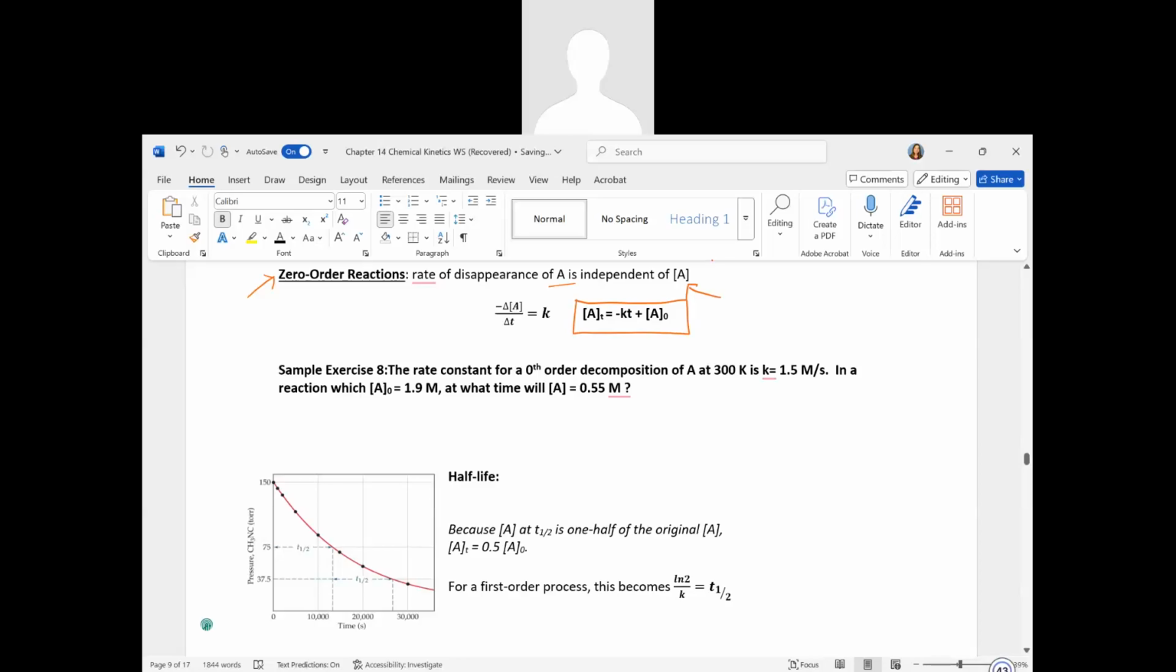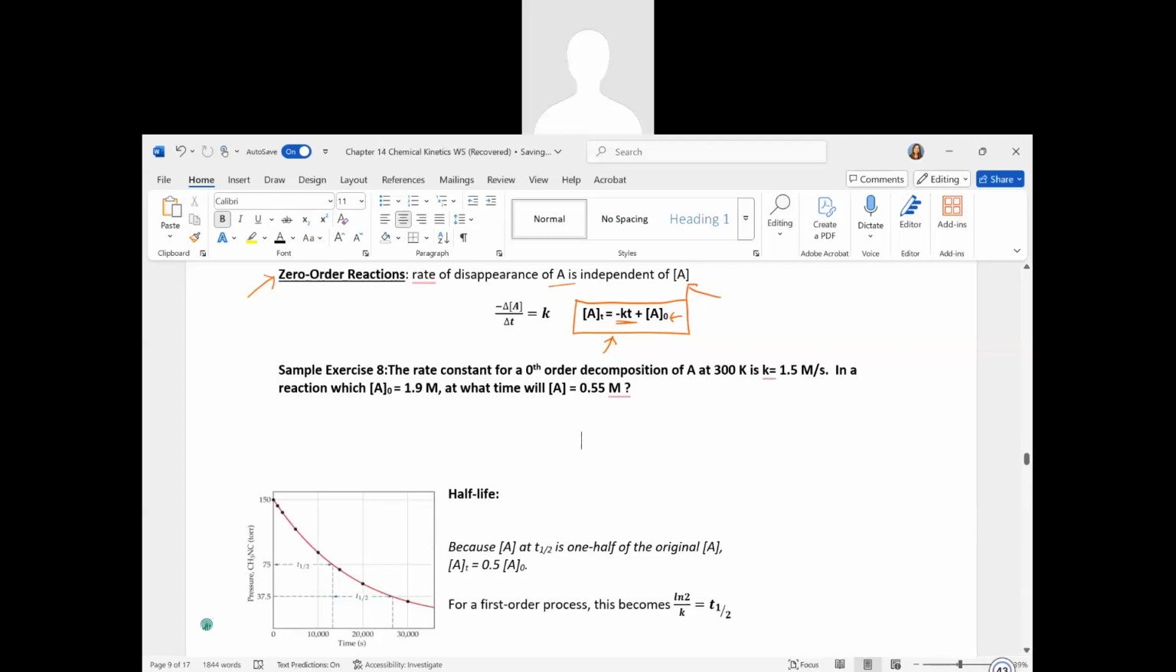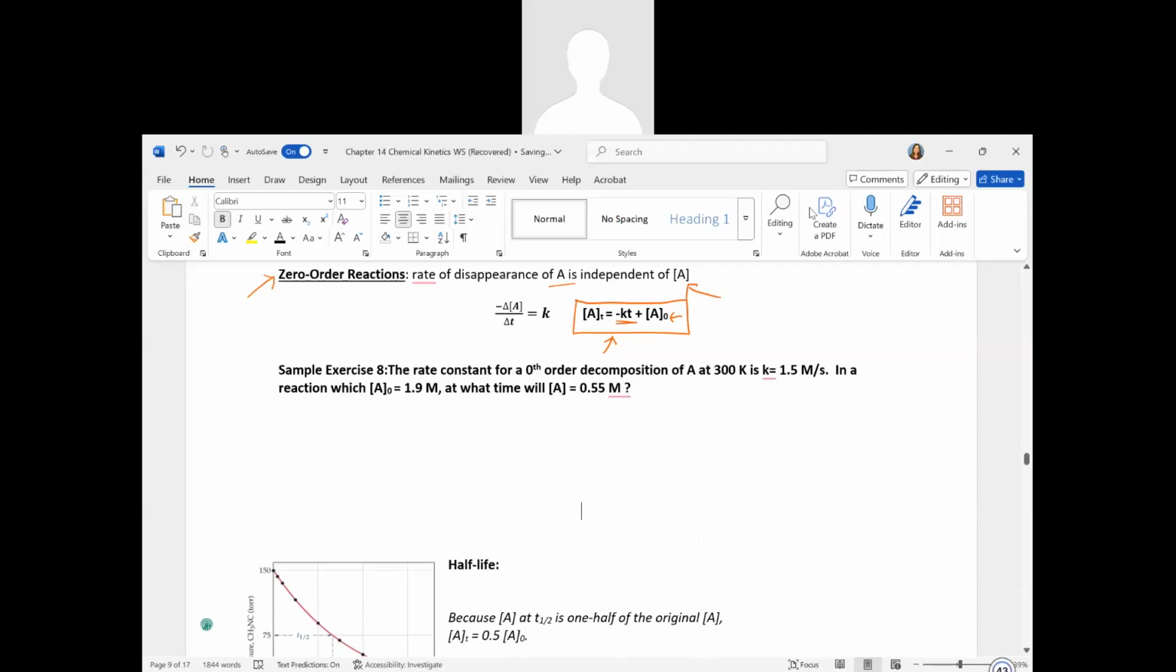So we see here for a zeroth order reaction, we have this integrated rate law shown over here. What this tells us is that the concentration of A at time t is related to the initial concentration, A sub 0, and then we add that to the rate constant times time, so the negative kt. So let's take a look at a problem where we can utilize this equation